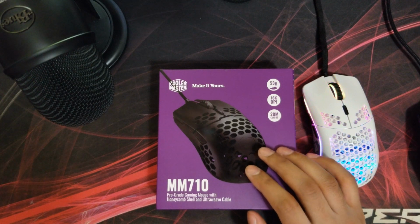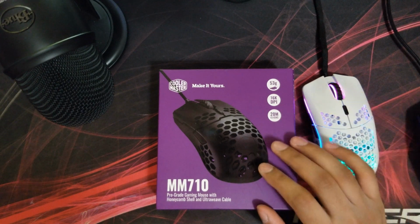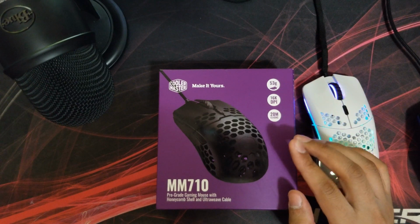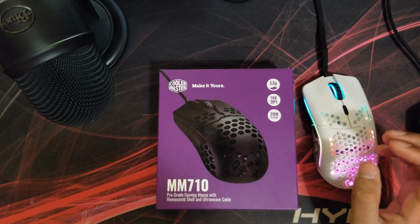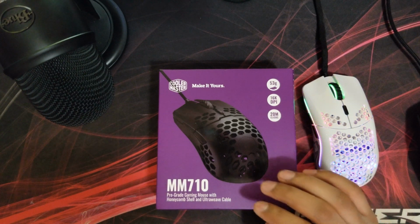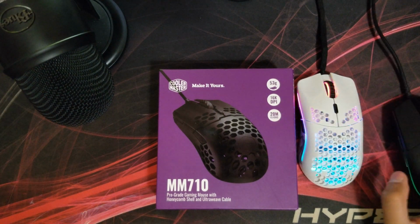But I clicked the ad, and one thing that caught my attention immediately was the fact that this has the PMW3389 sensor. Now, if you guys have seen my previous videos, I had a very cramped space, and I got used to very high sensitivity gaming, and that's when you really notice the flaws and the stuttering that are involved in a sensor. And it's very minor between the 3360 and the 3366, which the G Pro has, but